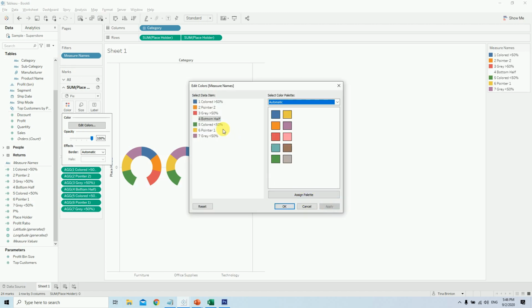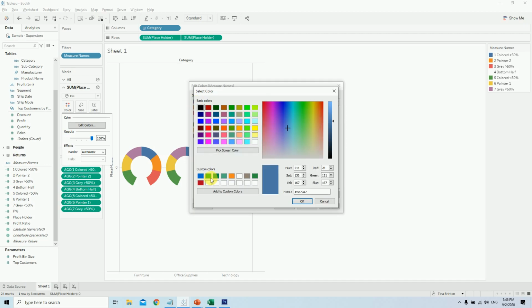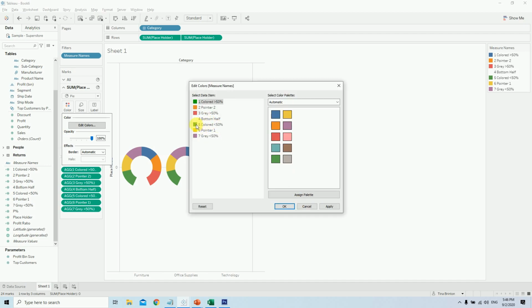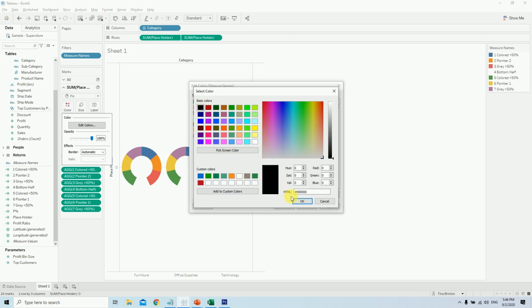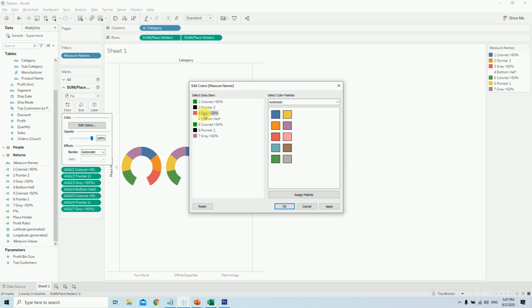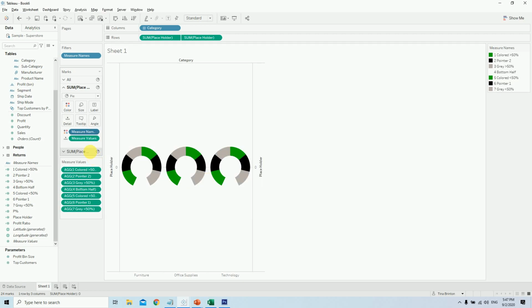Yeah, it's working. And the colored part I'll make green. The second color I also make green, and the pointer I will make black. The second pointer I will also make black, and this gray will be gray, and this gray will be gray. Say apply. That's all. And the measure value will be in angles.